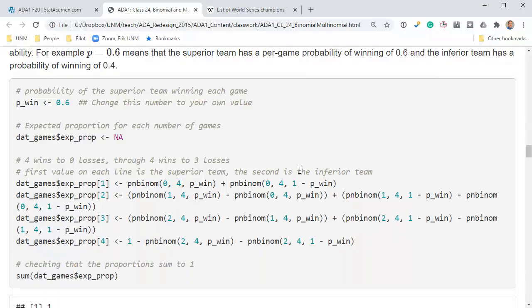Okay. So what I've done here is, so you should set this to a number that makes sense for you. I recommend not choosing 0.6 because it will look like you did not do anything. Okay,